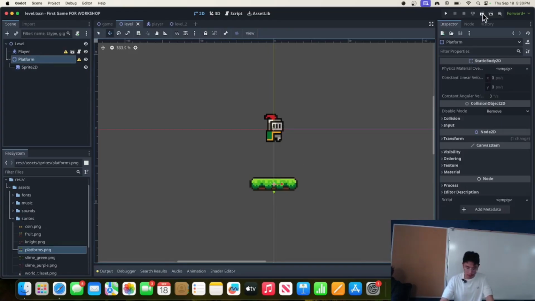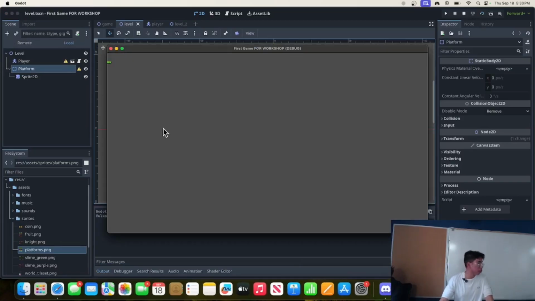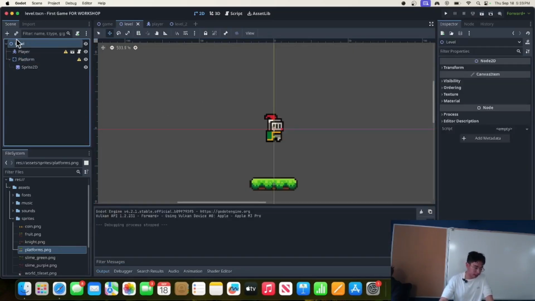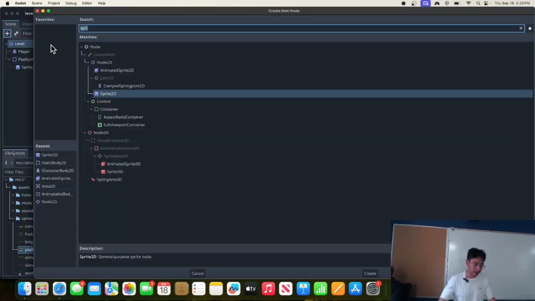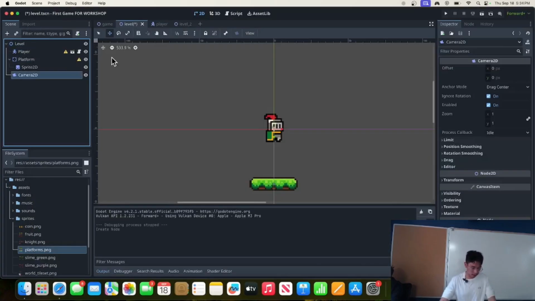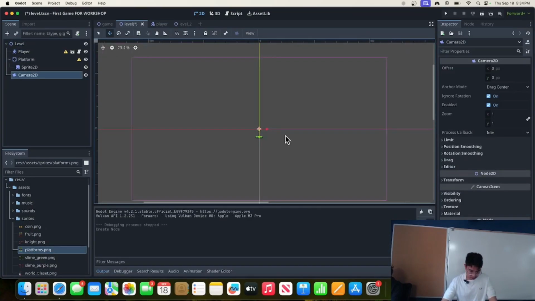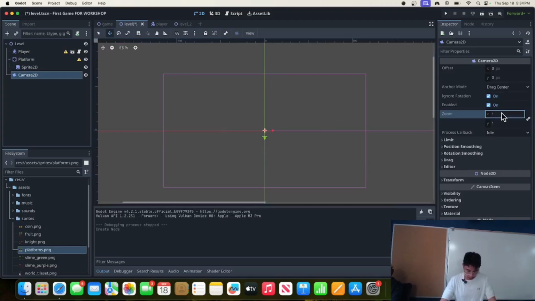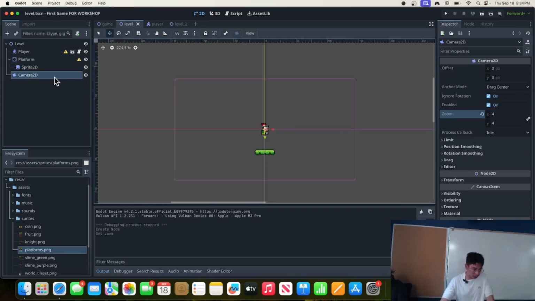A little bit of a problem is if I play test this right now, we can't see anything. So the way we fix that is we're going to add another node that has a different functionality. It's called camera 2D. This purple outline here is basically what's going to be shown in the camera. I'm just going to zoom this in because our player is really small, and so is our platform. Okay, so the functionality of Camera 2D is once we start playing this game, what we see in our game view is whatever's inside of this camera. So when I hit play again,